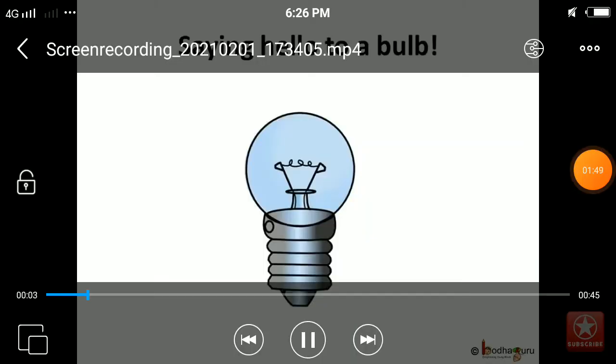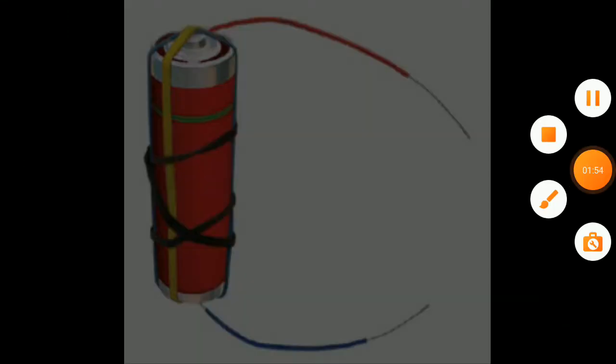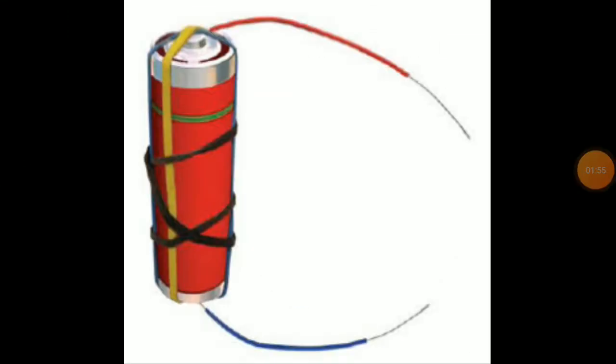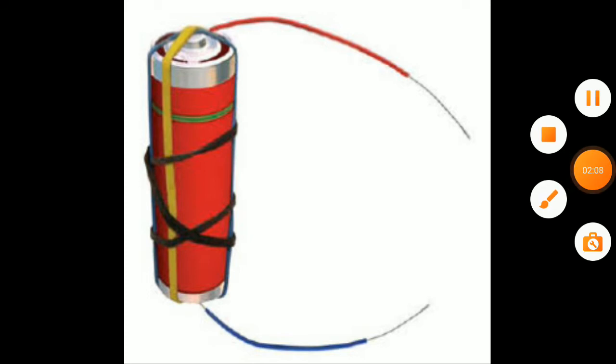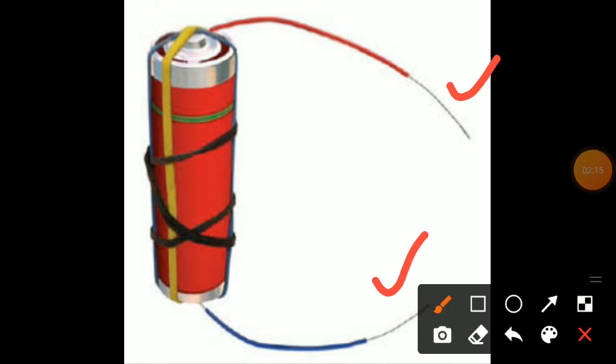Let us try to make an electric bulb light up using an electric cell. For that, take 4 electric wires with differently colored plastic coverings. Remove a little of the plastic covering from each length of wire at the ends. This would expose the metal wires at the ends of each length.